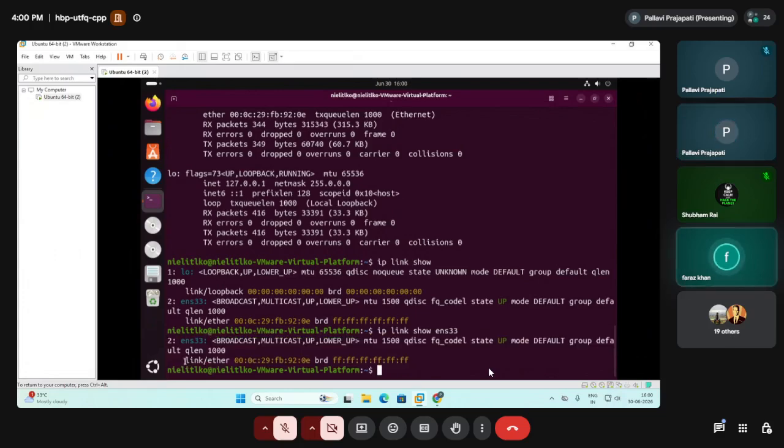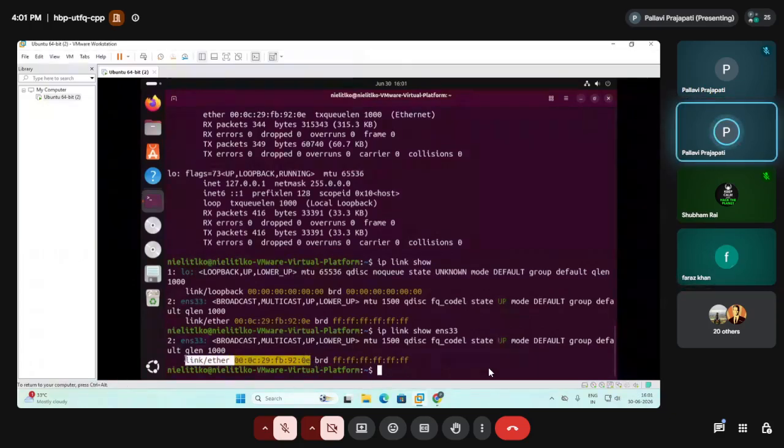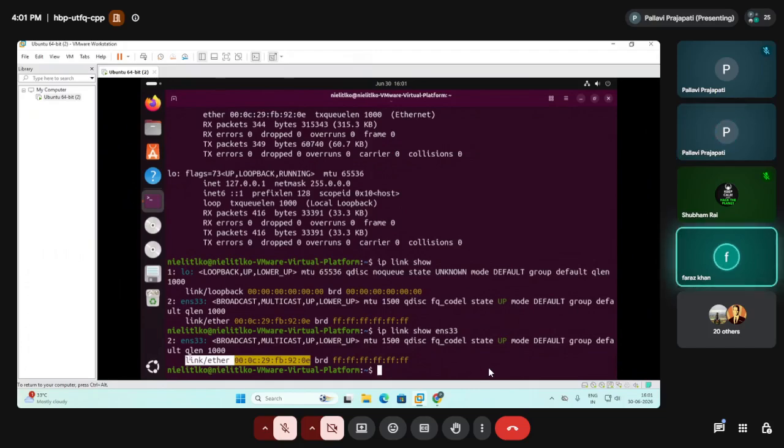It's basically a LAN card address. This is the ether information it is displaying. Yes, it is a LAN card address, the physical address, the NIC card. This is physical information, layer two. That means you can compare it with the MAC address, not exactly the MAC, but you can compare it with that.